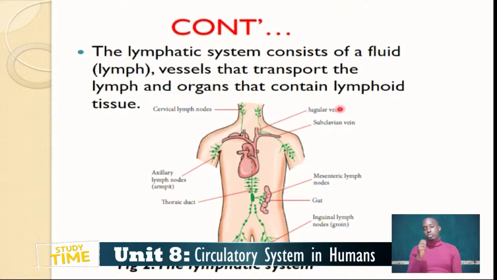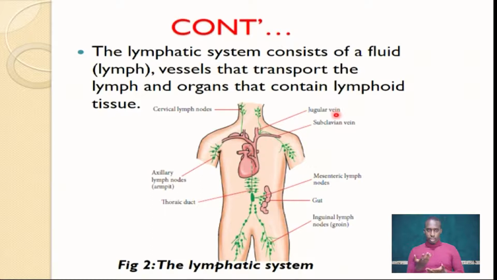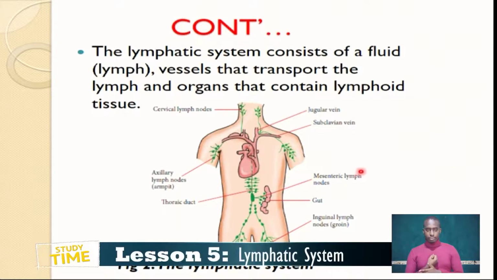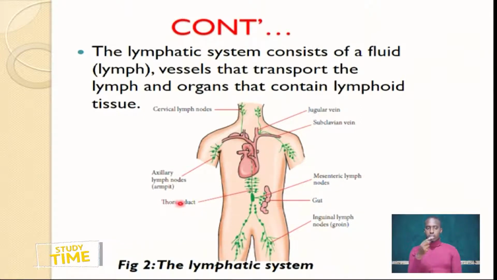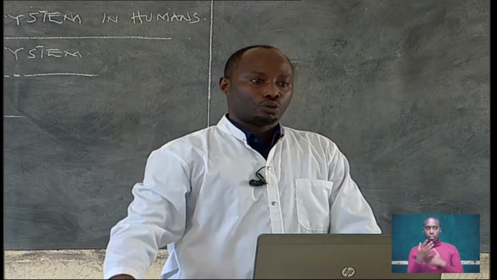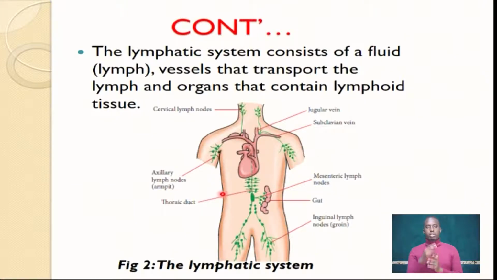Let's go through the diagram. We're going to see where these are found mostly. We have the jugular veins. We have cervical lymph nodes. These are the parts that normally do the filtering before the lymph is emptied back into the blood. We have mesenteric lymph nodes, we have the gut, we have inguinal lymph nodes. We have the thoracic duct, which also empties the lymph fluid back into the blood circulation. All these are nodes responsible for filtering the lymph fluid before it is emptied back